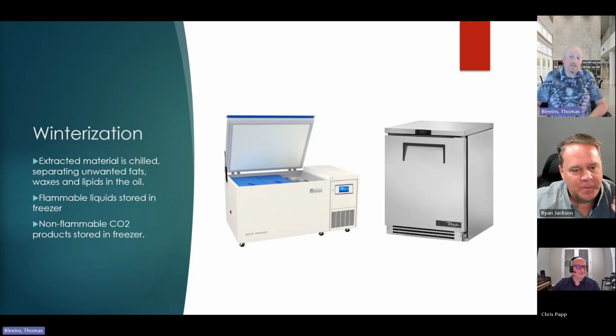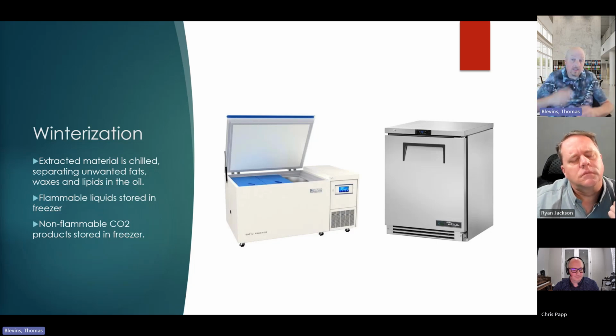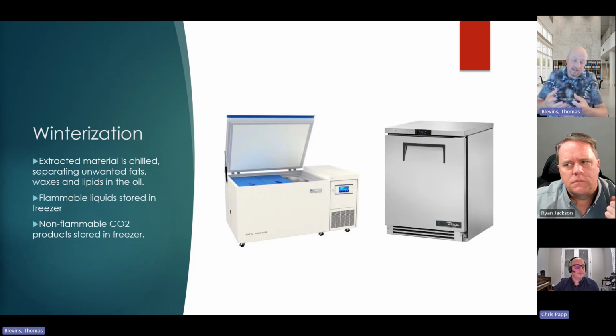So with that said, what they'll call winterization, which you'll hear a lot, is winterization. And they take the extracted material. Let's use butane for an example, just because it's going to be in a liquid state, bubbling and off-gassing with all the trichomes and goo in it. Well, like we said earlier, butane is kind of more like a shotgun blast. So I'm also going to be dragging in my fats, my lipids, my chloroplasts, some of the chlorophyll, some of the things we don't necessarily want. It's going to strip it all. It's going to take some undesirable products. So what happens is we take, and CO2 as well,